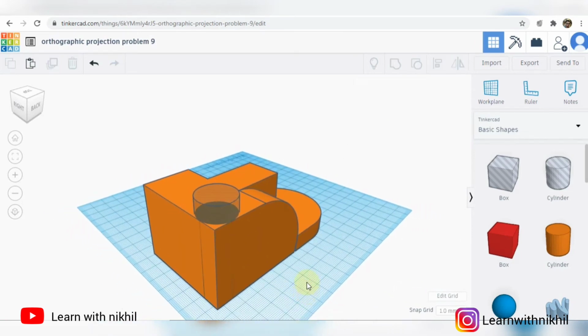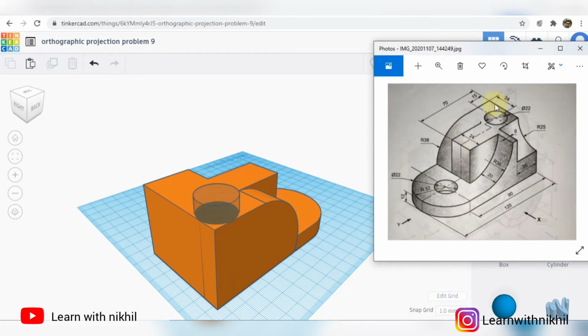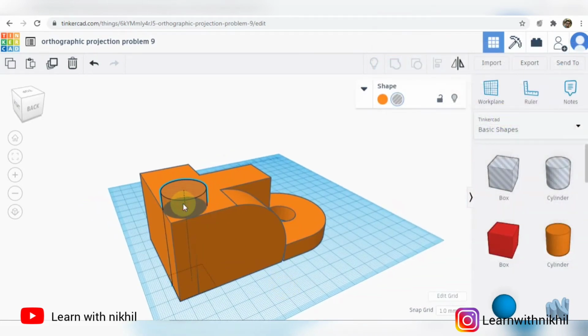Okay. So we'll move this ahead, that is 15 minus 11. That will be 4. So it is apart 4 millimeters. So now it has been moved 4 millimeters.